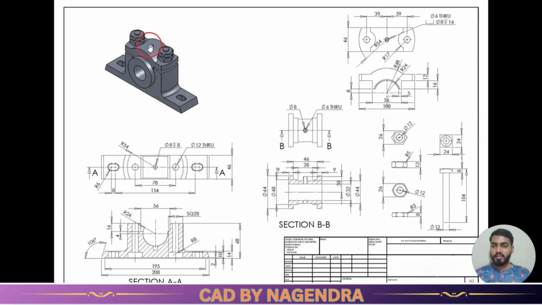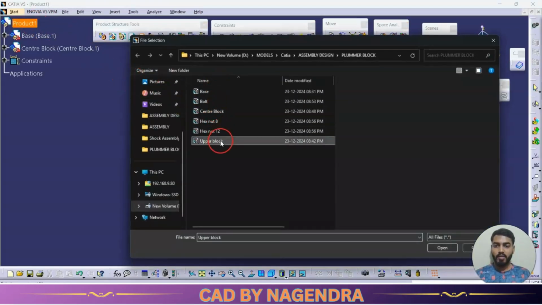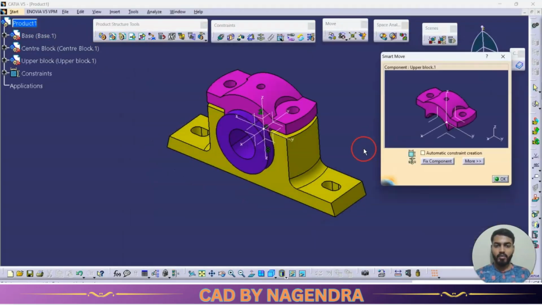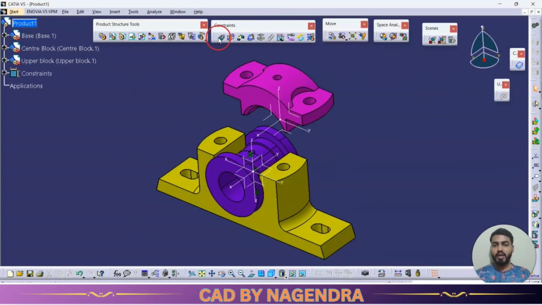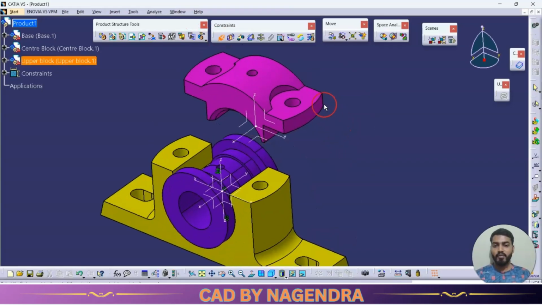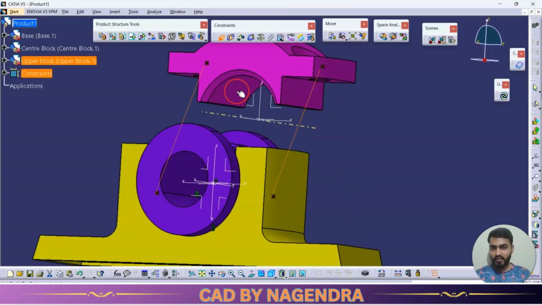Next, we can call this upper block. So existing component with positioning, we need here upper block. Open that, keep it somewhere here. So here also directly we can go for coincidence between this hole, it should be straight to this hole. Then this hole center should be straight to this hole center. Then this face, the cylindrical face,